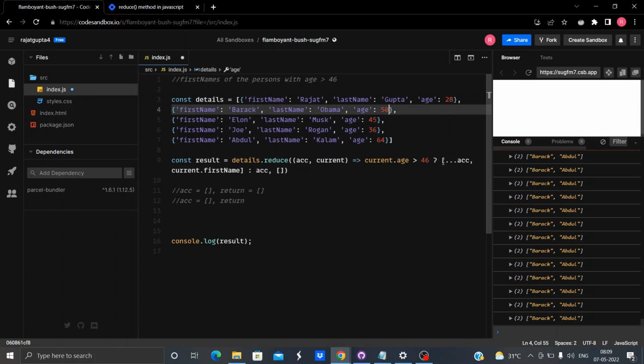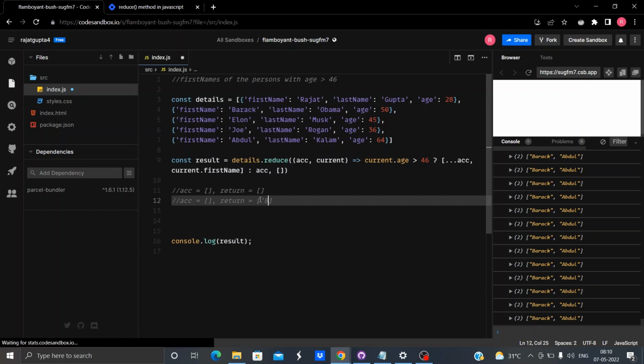So return this. It says destructure accumulator, but there is nothing in accumulator, so we'll get this and add current dot first name, which is Barak. So Barak will be added.